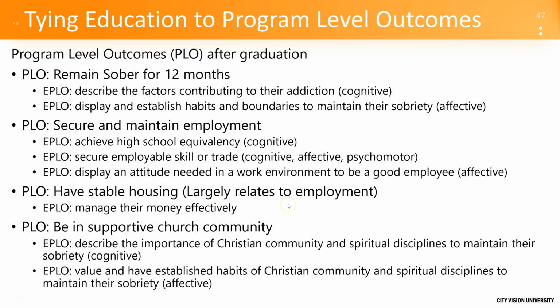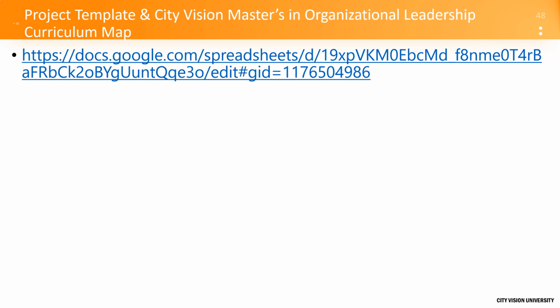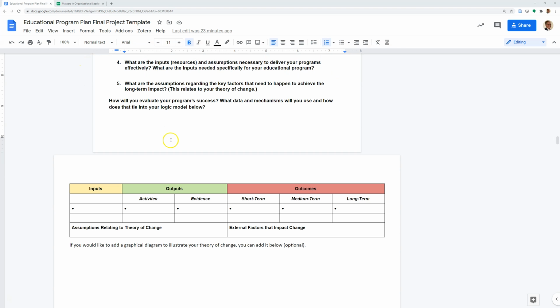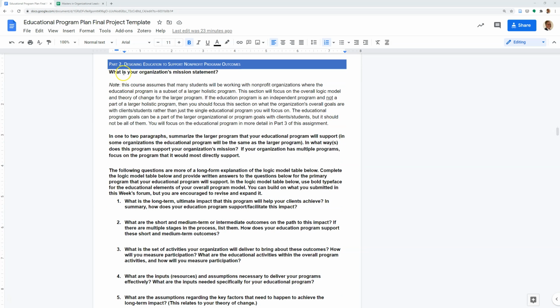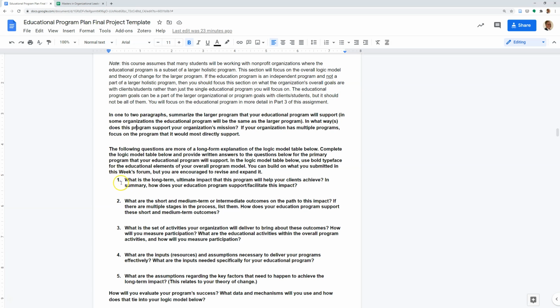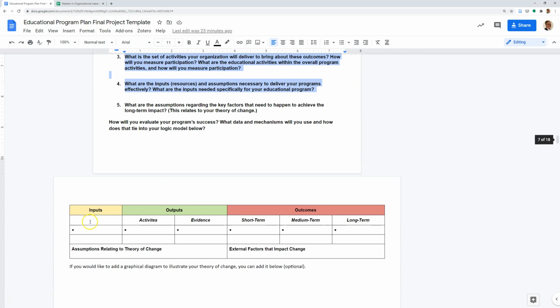So for the last part of this lesson, I want to talk about the final project. You're going to relate things to your organization's mission statement. This first part is the long-form description of your logic model. Down below, you're going to do a logic model, what we showed, where you're going to have inputs, outputs, and outcomes. And